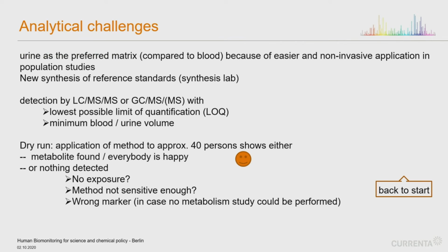Well, these are the challenges with the biomarker. Of course, you have a challenge then with the analytical side. It's not easy to develop a method. Normally, because we are talking about organic substances, LC-MS-MS or GC-MS-MS chromatographic methods, but the challenge is you need a very low limit of quantification, and you need a minimum volume of blood or urine, because there's no way afterwards in the service if I say, well, I need 1 liter from each person. This is nonsense, of course. Urine is better than blood,